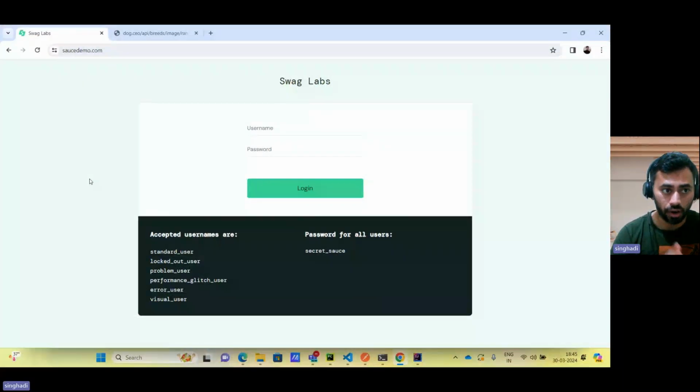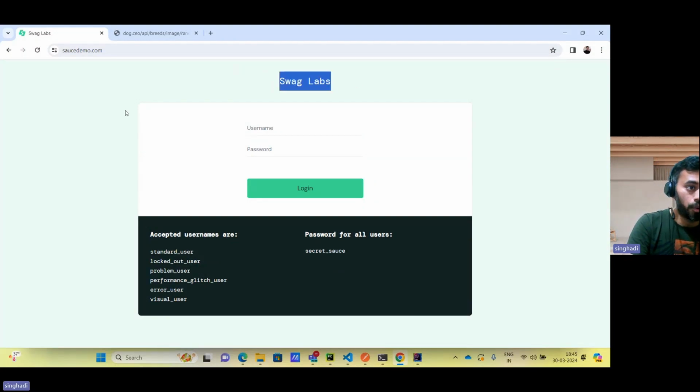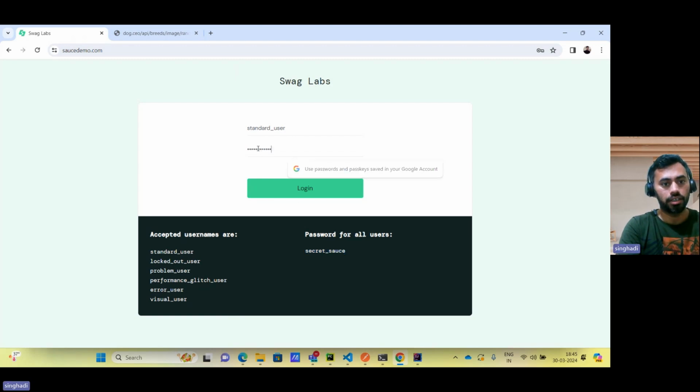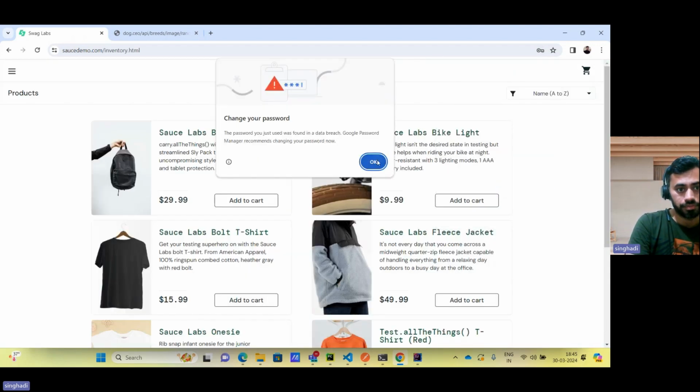So I'll show you what the problem statement is and how I will approach this problem. So as you can see, I have this Swag Lab demo site ready, and we have different users. So our purpose is we need to log in to this site. And as a part of the automation, you need to log in to this application